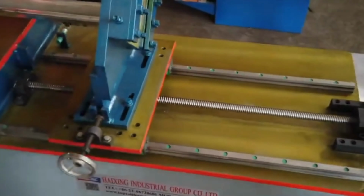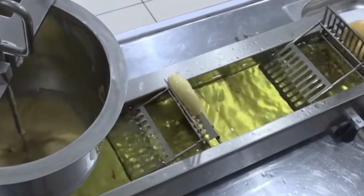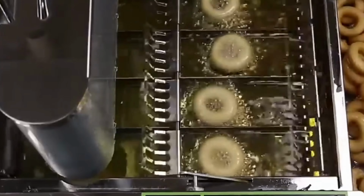Number 4. Mini commercial donut machine. There are scents that sell by themselves, and the smell of a freshly made donut is one of them. A mini commercial machine automates the entire process. It dispenses the dough, fries the rings, and leaves them ready to glaze in just minutes. With an investment of $600, you can produce dozens per hour and serve fairs, events, or office spaces with minimal